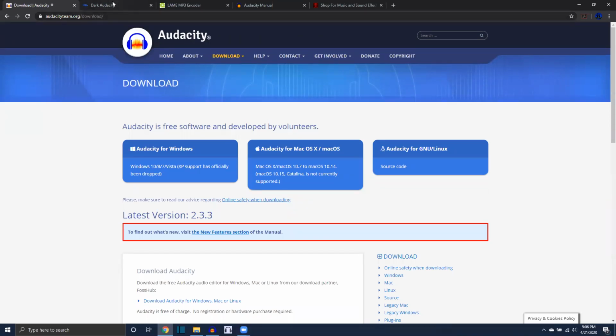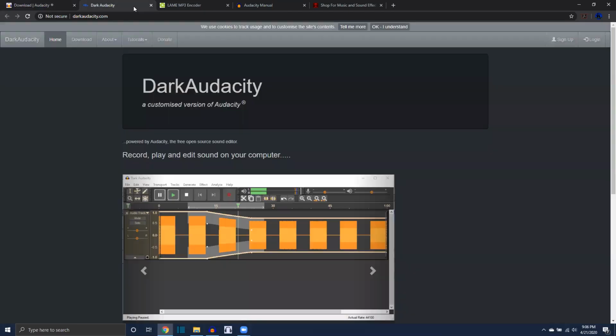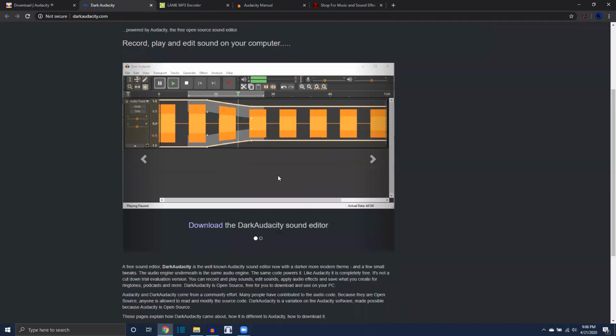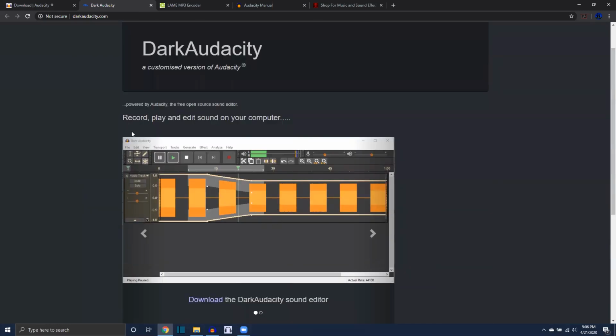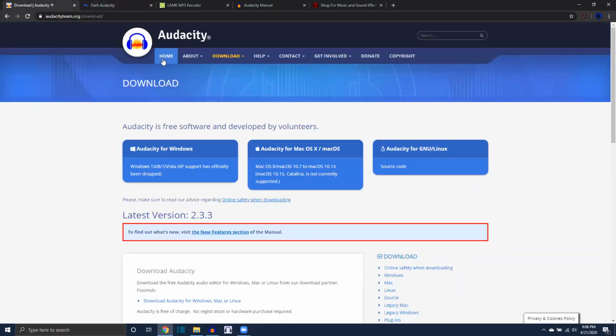Personally, I like to use a little bit of a modded version of it. Since it's open source, different programmers and users can make their own versions. I use Dark Audacity for haunters. I work at night, and it's just a little bit easier on the eyes. Plus, they simplify the menus. You can still have almost all the functionality of full-blown Audacity, but Dark Audacity just streamlines everything for you. So I'll open up